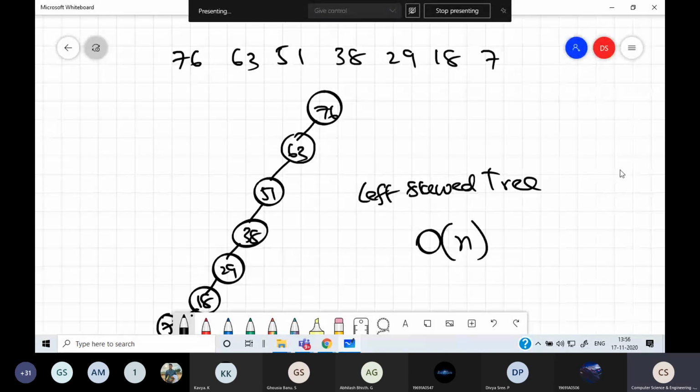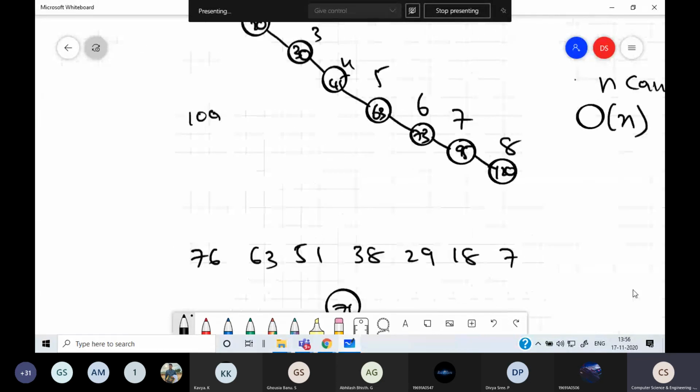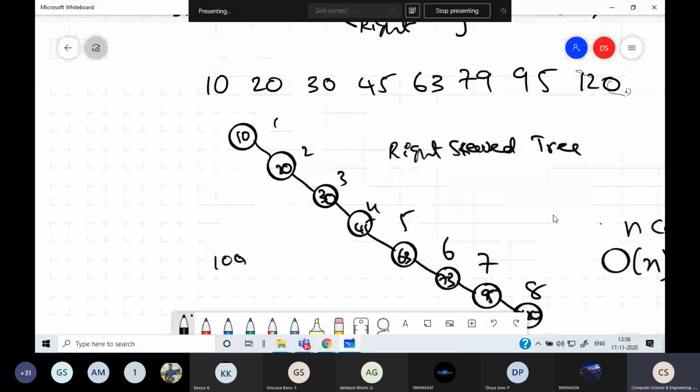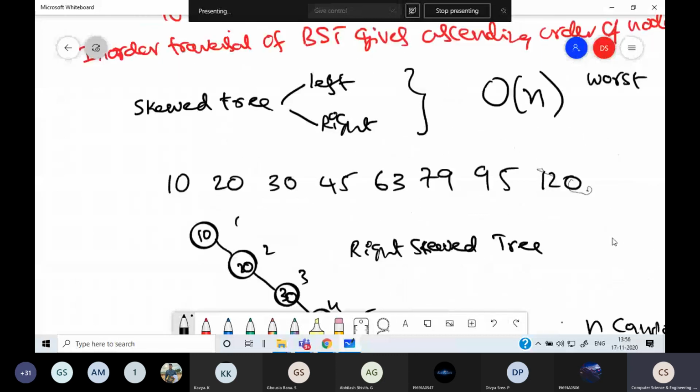In-order traversal of a binary search tree gives the data in ascending order. Normally the binary search tree is meant for searching. We build the tree once and repeatedly use it for searching. The average case complexity is order of log n with base 2.